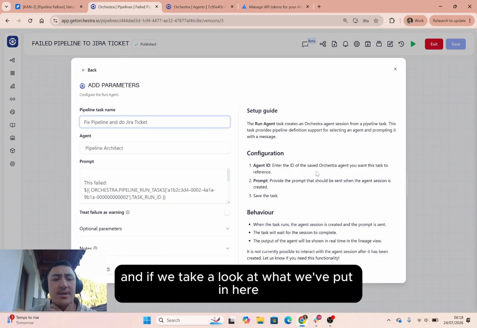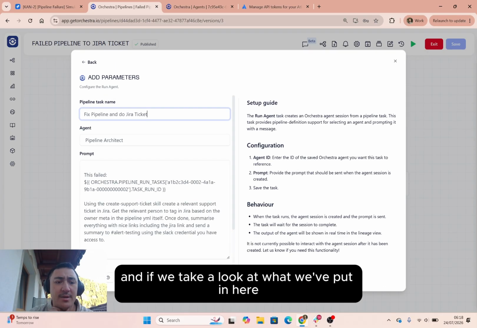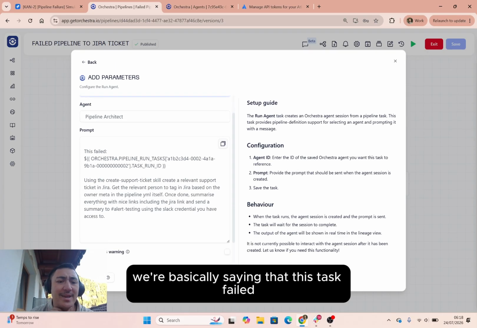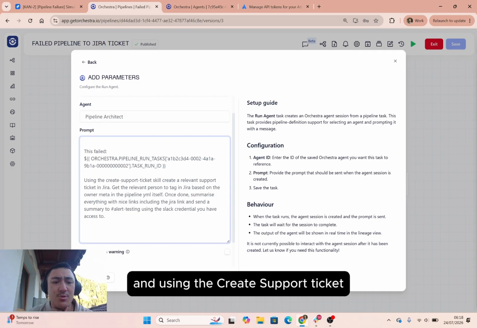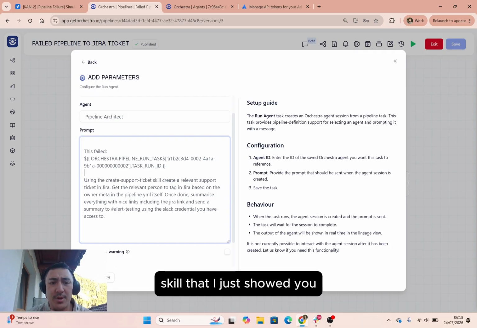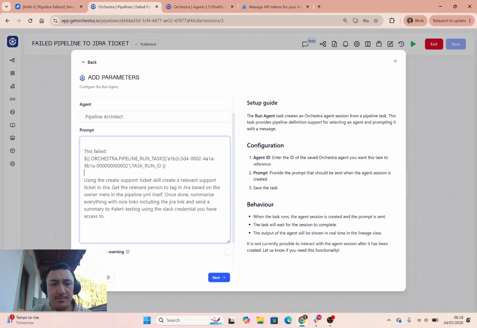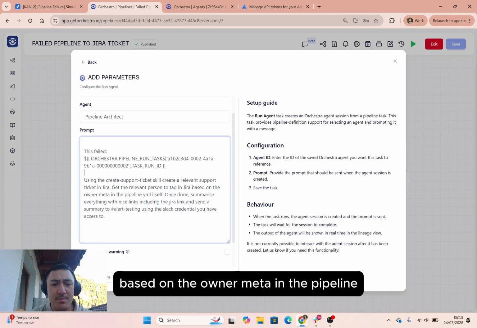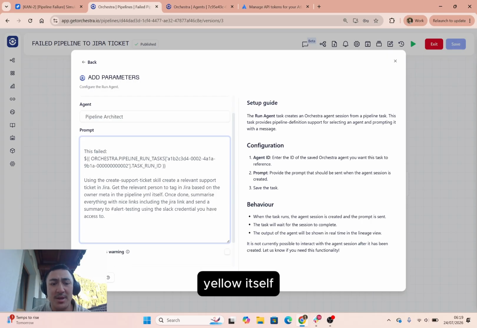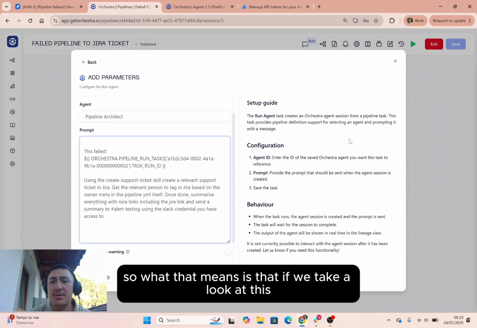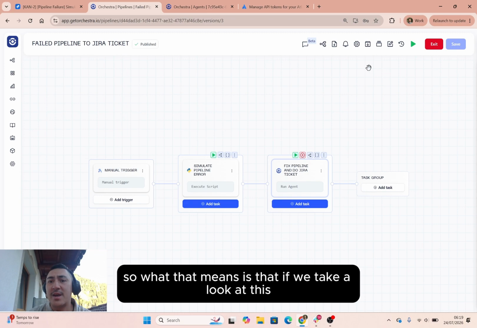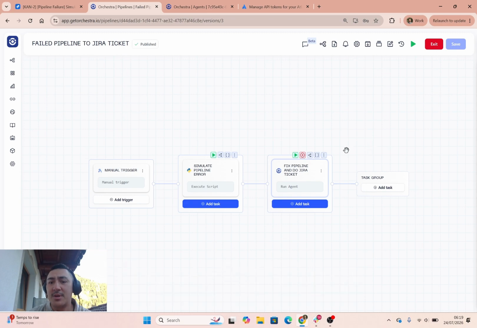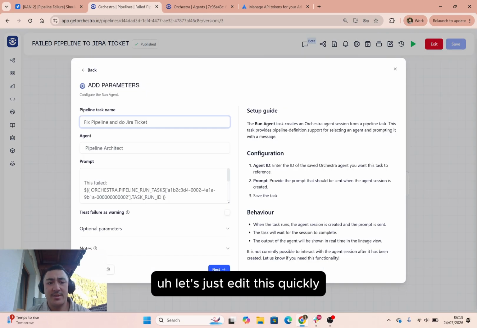And if we take a look at what we've put in here, we're basically saying that this task failed, and using the create support ticket skill that I just showed you, create a relevant support ticket. We're going to tag the relevant person in JIRA based on the owner meta in the pipeline YAML itself. So what that means is that if we take a look at this YAML, let's just edit this quickly,